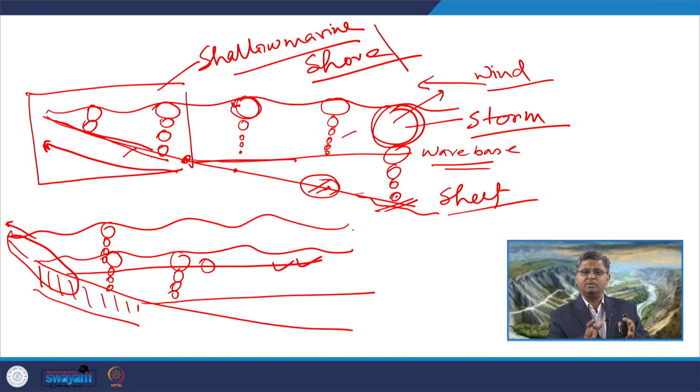So, the position of the wave ravinement surface will also vary depending on what the water depth is, what the energy of the wave is. So, the wave ravinement surface commonly shows an onlapping nature during the retrogradational shift of the facies, and commonly it gets onlapped by the transgressive shoreface deposits. So, commonly we get relatively finer sediments coming over the coarser sediments, producing a fining upward succession, and this particular surface may overlie any type of depositional system.